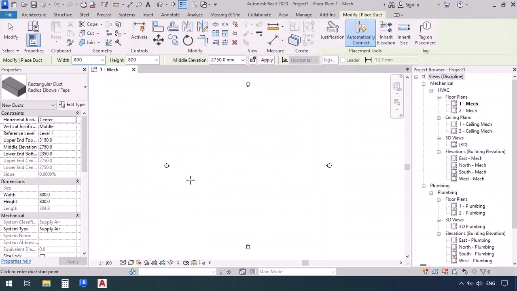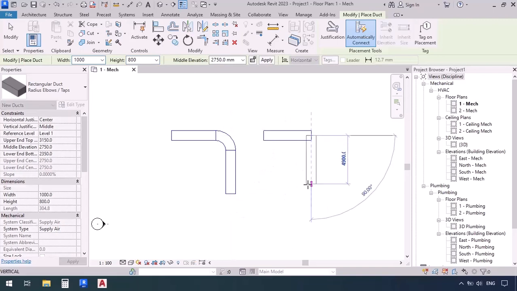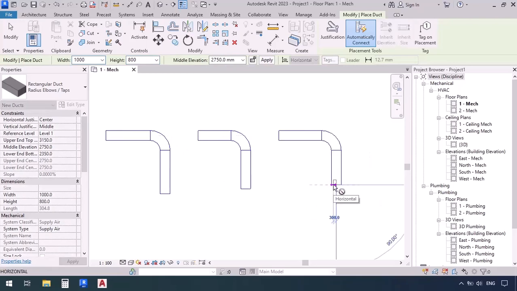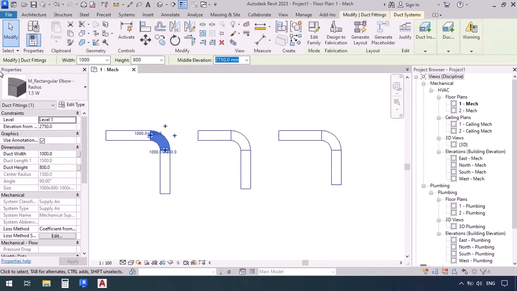I'm going to start drawing a set of ducts with the width 1000. I'm going to put a simple number so that you can understand it better. The first click, I'm going to zoom in a little, and the second click, click again and escape. Now I'm going to draw the same thing right next to it. Now the escape key, and I'm going to draw another one. And now escape again. Now if I select the first one's elbow, here in the properties window, do you see